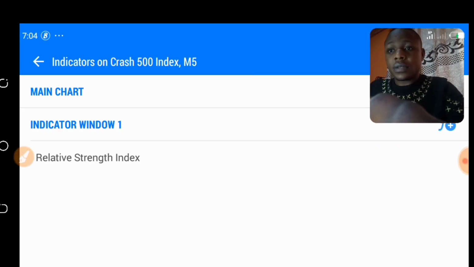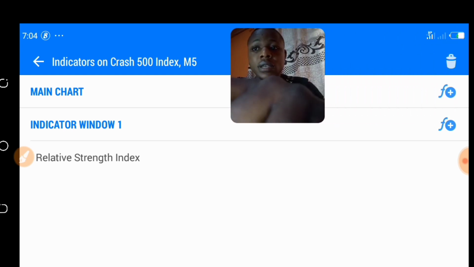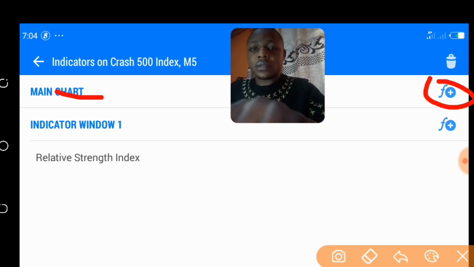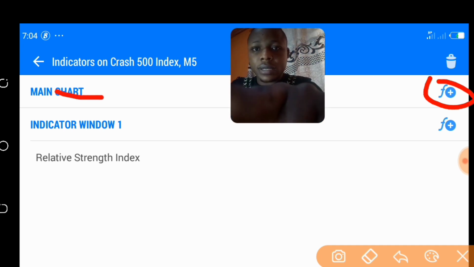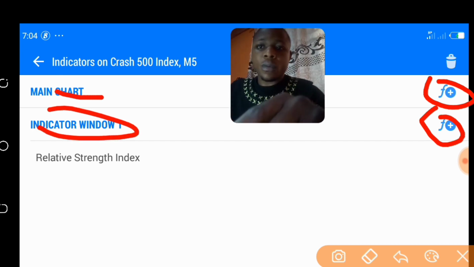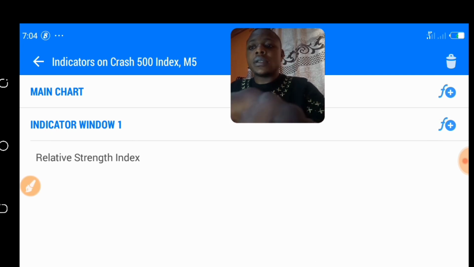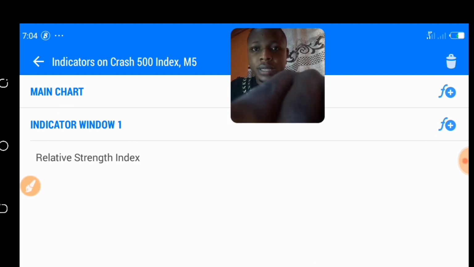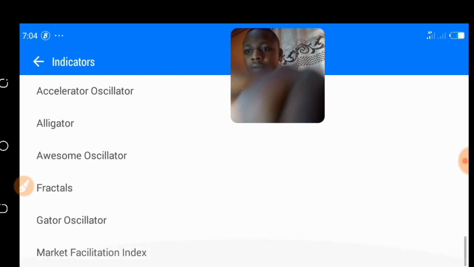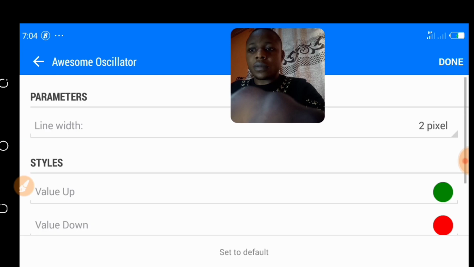If you want your awesome oscillator outside the relative strength index window, click on F plus in front of main charts. But if you want it inside, click on F plus in front of indicator window 1. I'm adding mine inside the indicator window, so I'm adding the awesome oscillator,